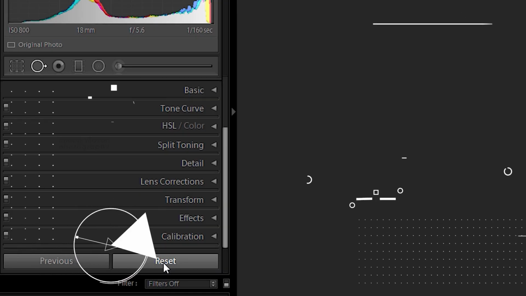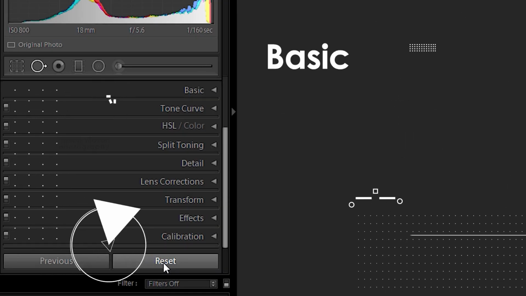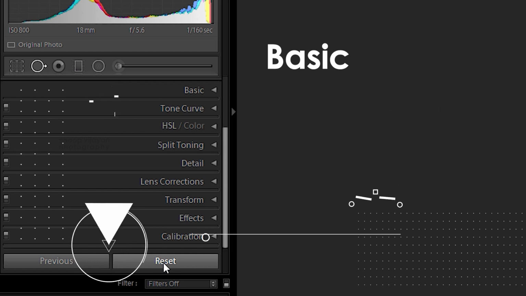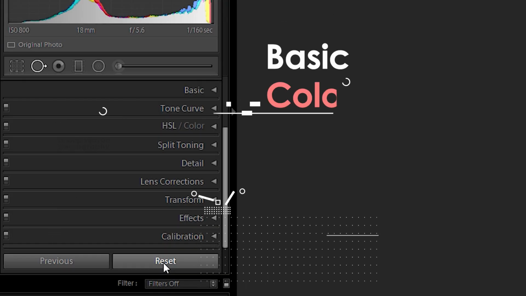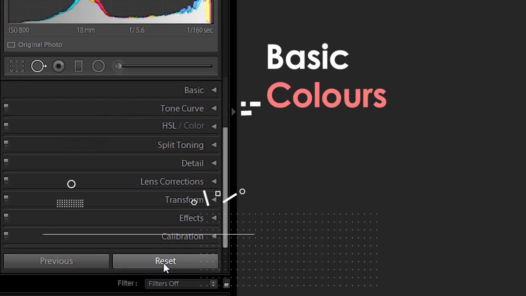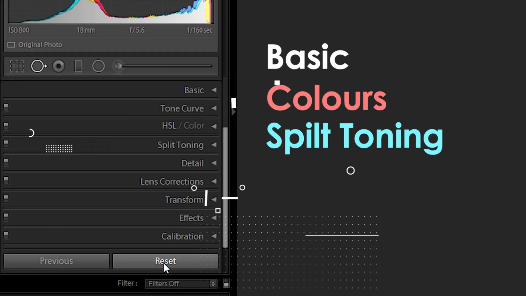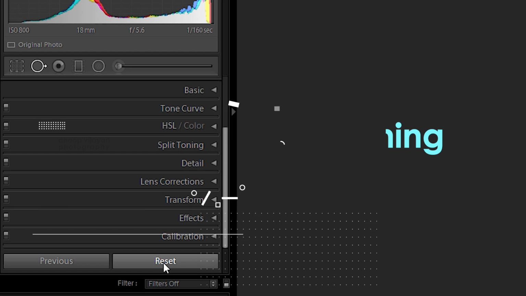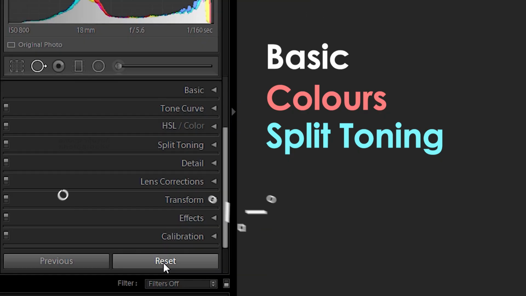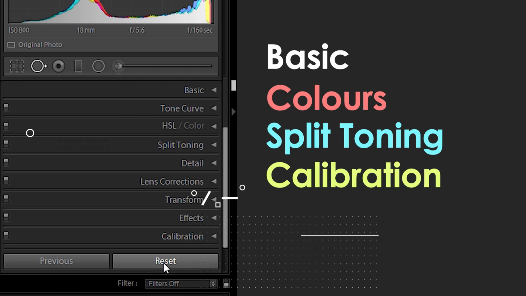Now I am going to divide my editing process into different levels. The first one will be the basic, where I'll be handling more of the camera techniques. For example, as I mentioned, I need to create that feel, so I'll be adjusting white balance, contrast, exposure, etc. The second thing, I'm going to adjust the colors, individually selecting the colors and enhancing them. Third, I'll be split toning, giving importance to the highlights and shadows. The fourth one is calibration, which means controlling the primary colors, RGB. All these things we are going to see today.